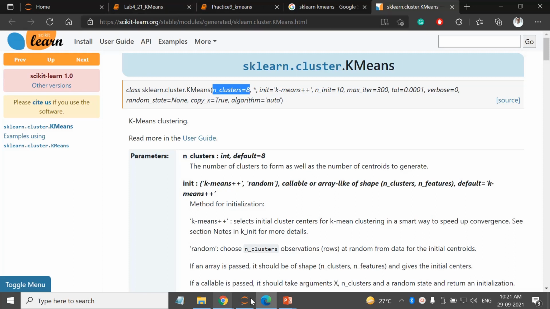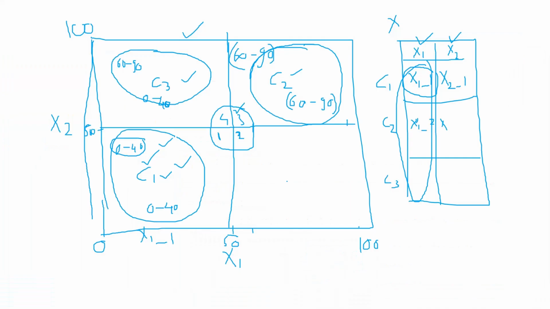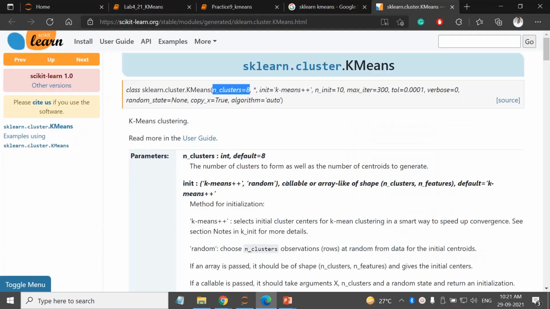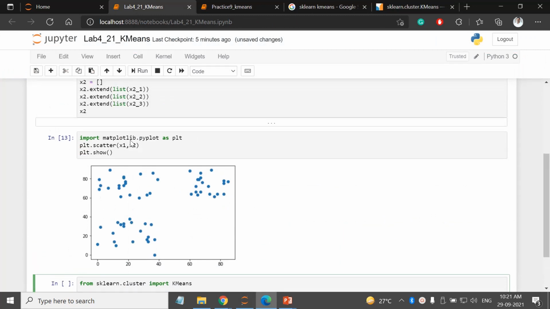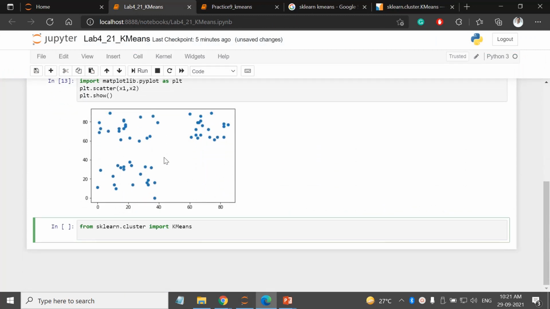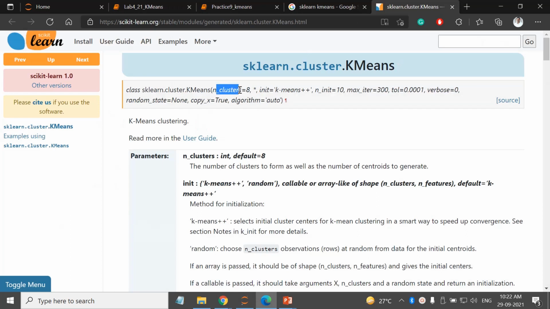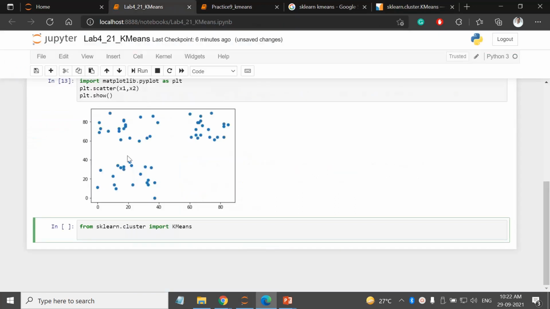Okay, now consider we don't know this planning. Okay, we don't know about the data, and we don't know how many clusters are there. Okay, as this data is 2-dimensional, you can see there are 3 clusters. But what if you have 30-dimension data or 4-dimension data? You cannot plot it, you cannot visualize it, right? Okay, then how to come up with the ideal cluster value? Okay, so for that we will be using the elbow method.